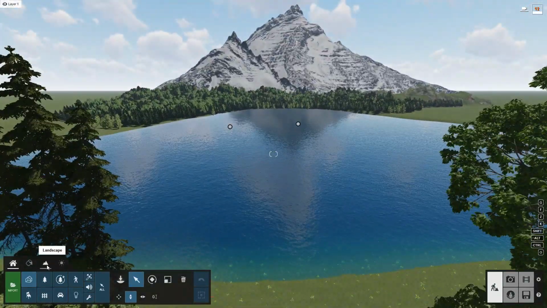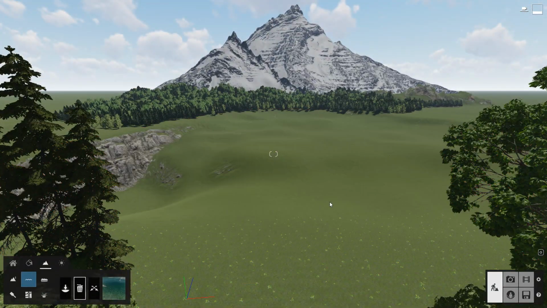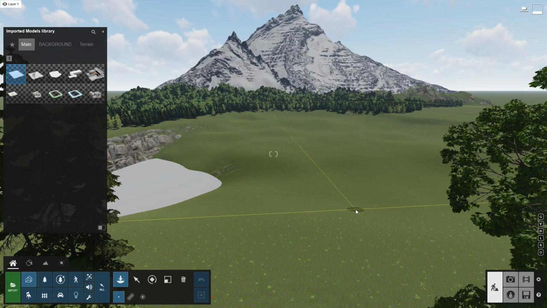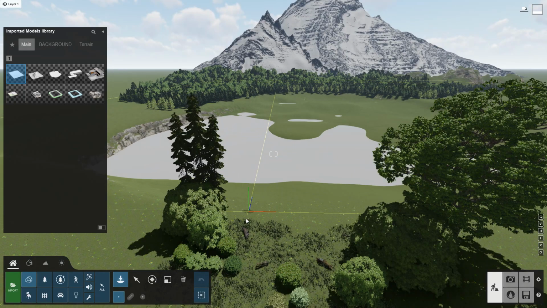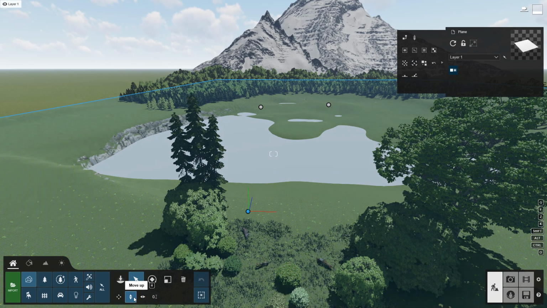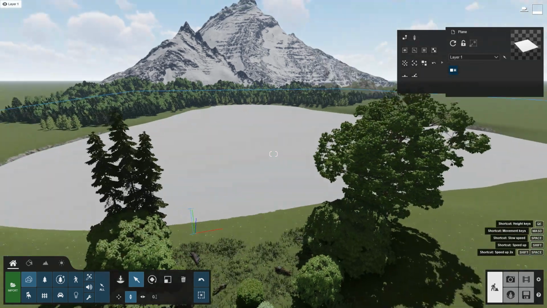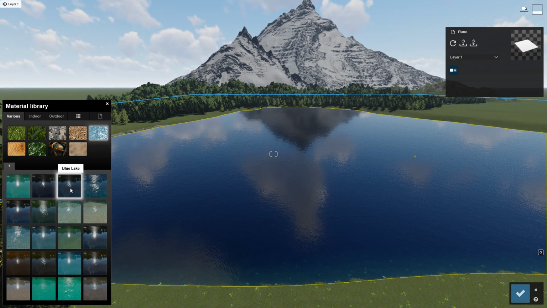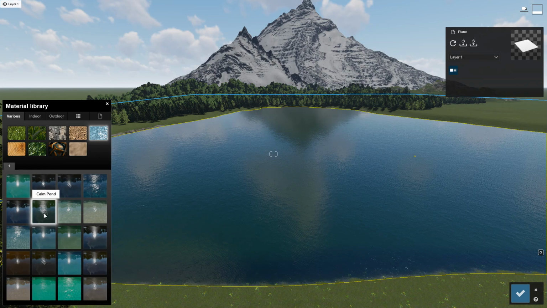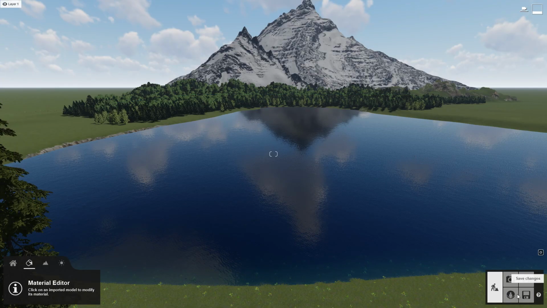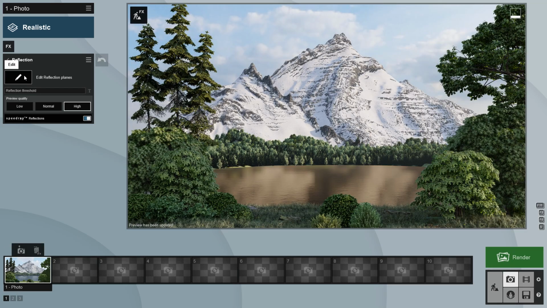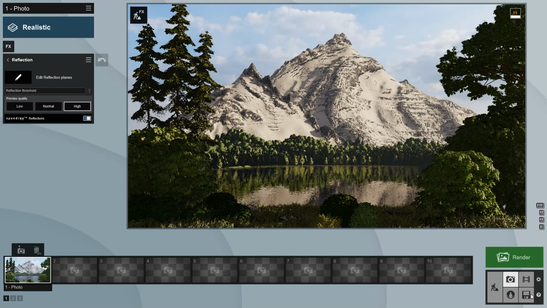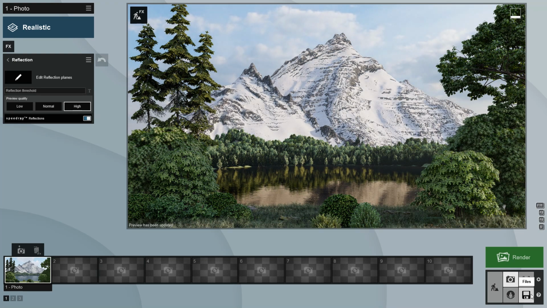If you go back to our scene and remove the water surface, you can instead bring in a simple plane like so. Now just like before, move it to a good position. Then we can apply a water material to the surface. Lumion's library is amazing. It has lots of water materials that you can use. Just choose one that you like. Now if you go back, and like before, we can apply the reflection plane on our lake. And just like that, it looks even more beautiful now.